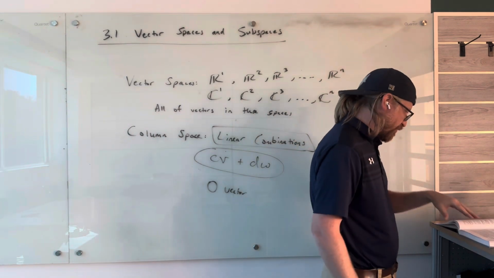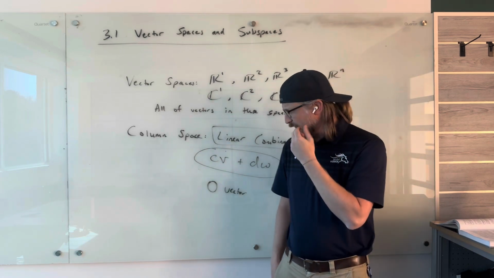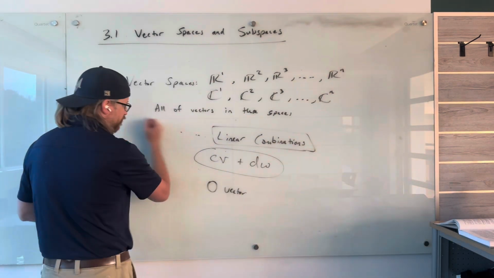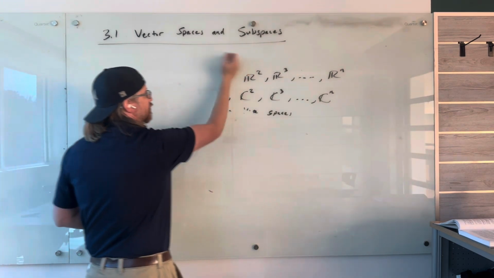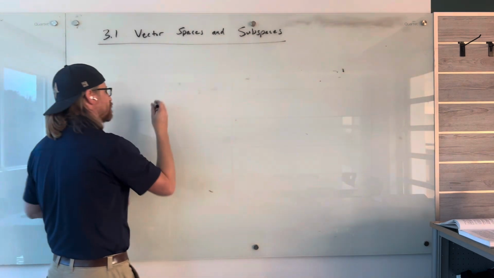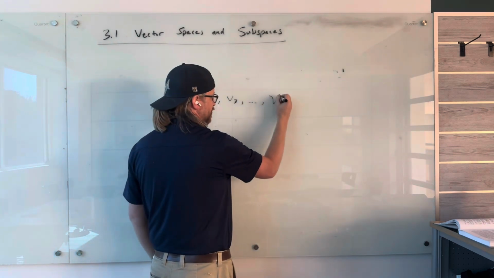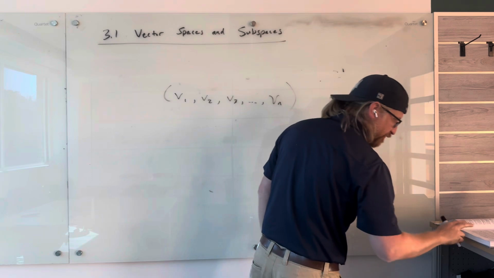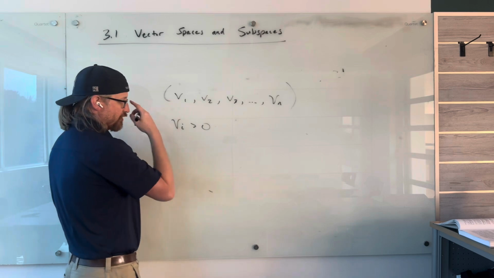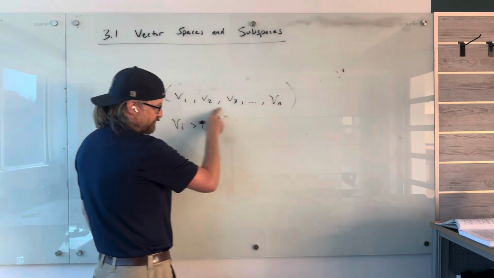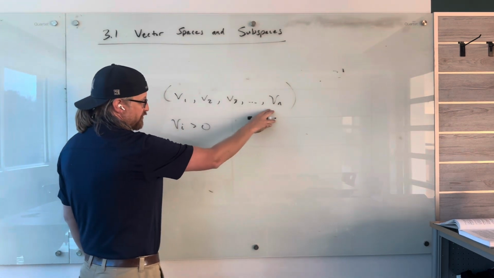Which is kind of what I wanted to point out when he, in the textbook, gets into some things that are not a vector space. He mentions all of the vectors whose components are strictly positive. So if we were to list out the set of all vectors, v1, v2, v3, all the way out to vn, making sure I'm following suit with this, if vi is greater than 0, this is not a vector space. And the reason why it's not a vector space, just immediately, is that if all of these are supposed to be strictly positive,